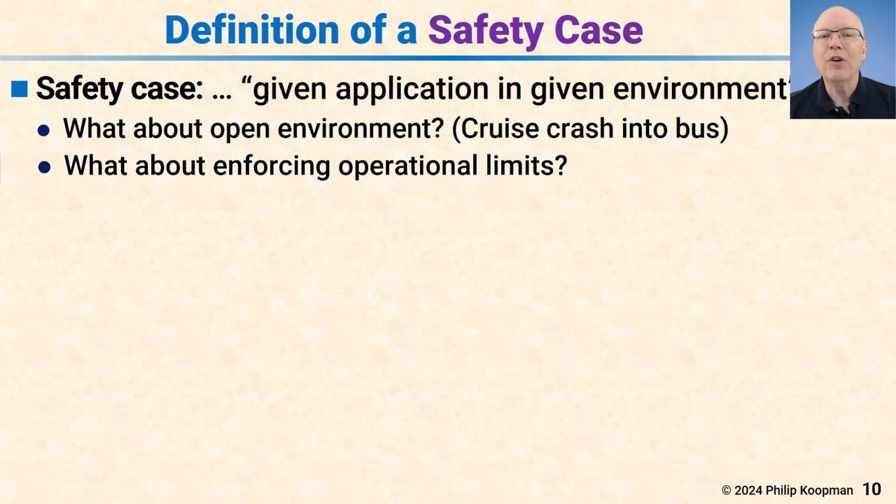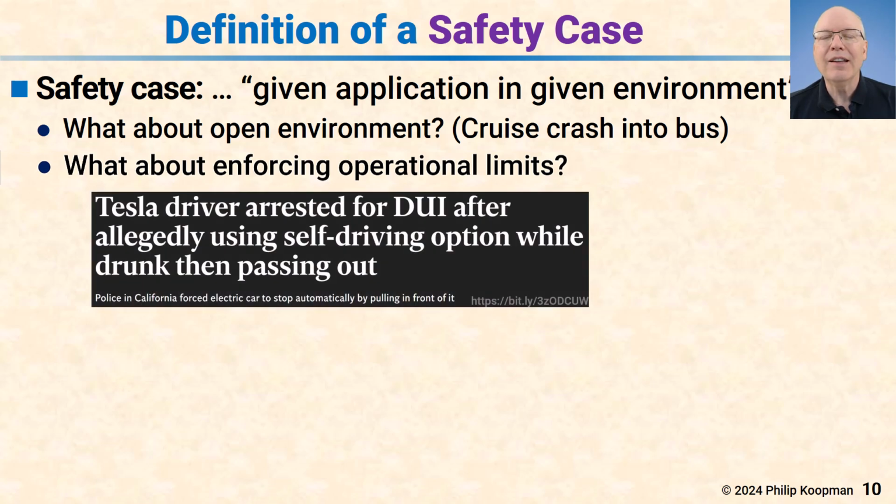There's a related issue of intentional misuse. And intentional misuse sounds like it's bad people trying to be bad, but it's much more subtle than that in practice. We've seen a number of Tesla drivers who were caught out driving while drunk and using Autopilot or Full Self-Driving. And there's an issue here. You can say, well, this is just a bad actor who's trying to evade blame. But I've had a number of personal experiences that suggest that's not the whole story. For sure, there are people who think that if you turn on Autopilot or Full Self-Driving, it will get you home safely even though you're drunk.